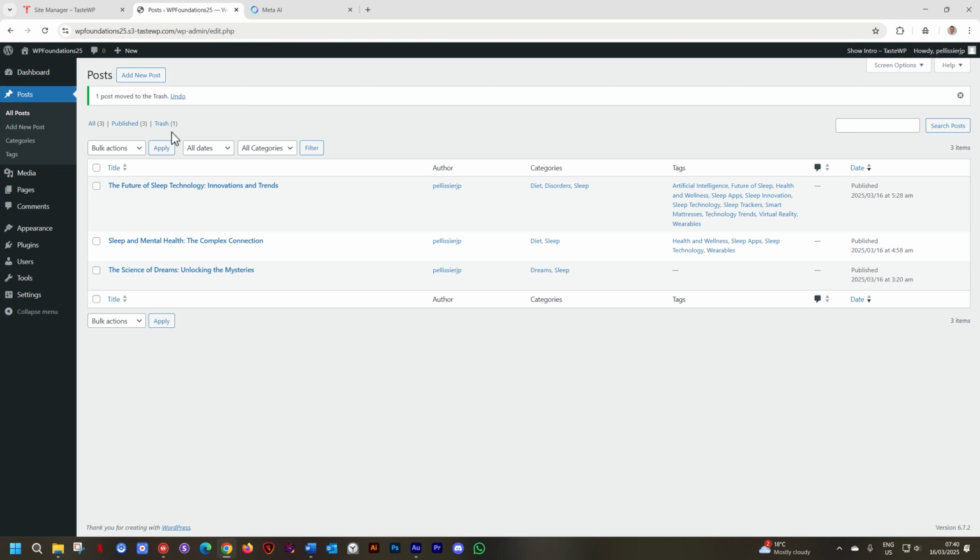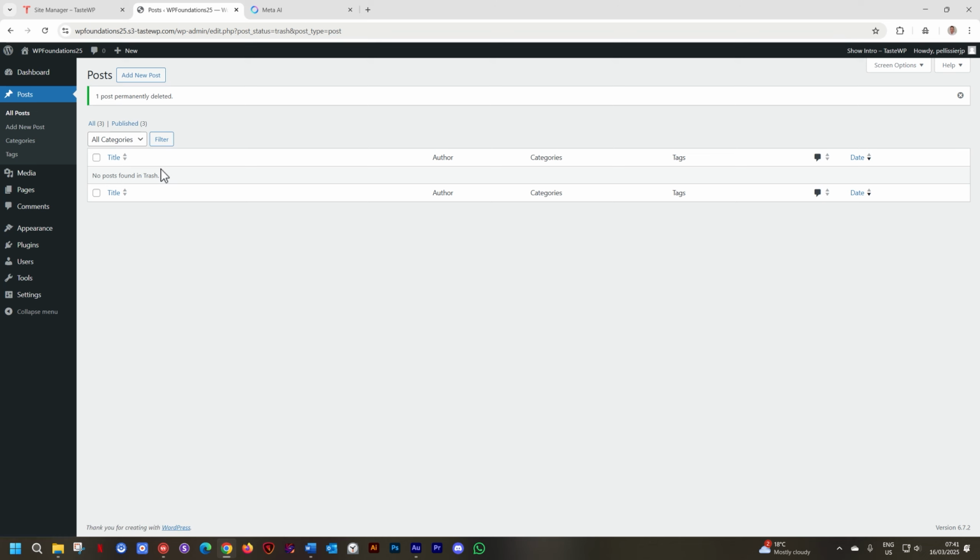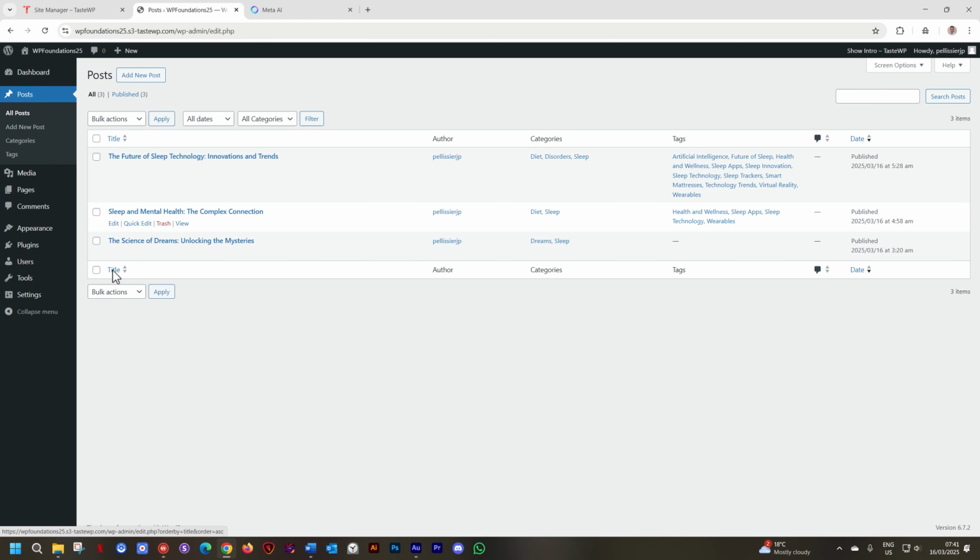At the top of this list, you will see we have all the posts that are published. It shows you these 3 posts, and then next to it, the trash can. Select the trash can and Hello World appears here. Here, you can choose whether you want to delete it permanently. Select it, and now that one is gone forever. No Hello World, it's bye-bye world. Click on all posts, and these 3 posts are there.